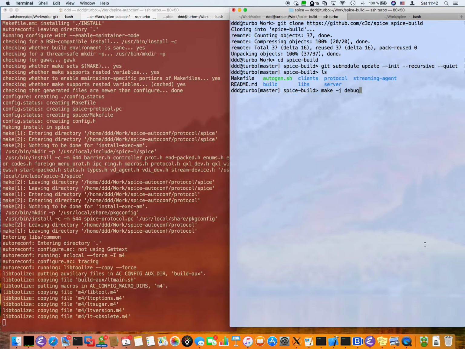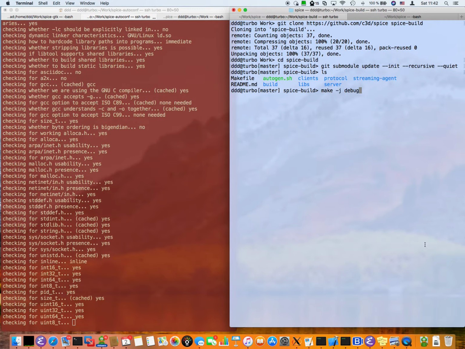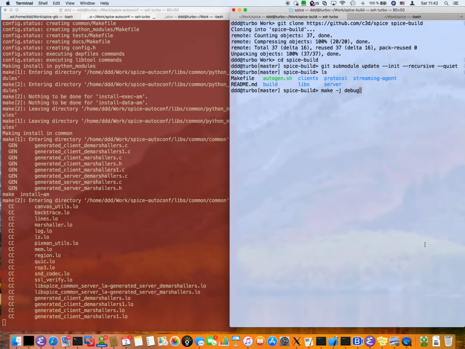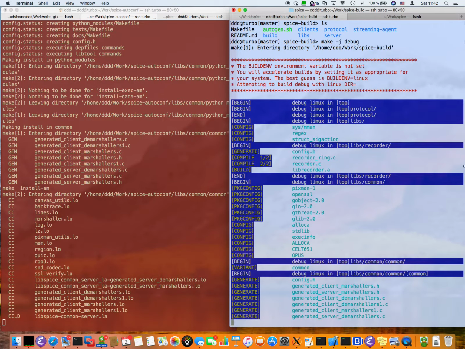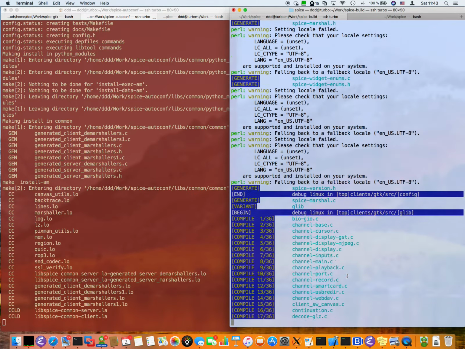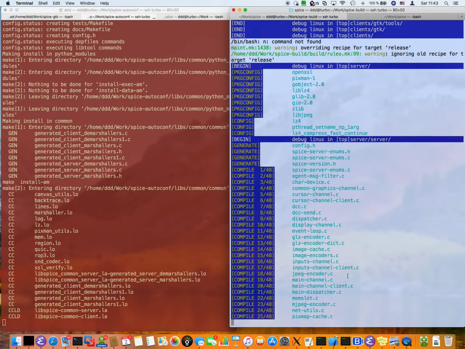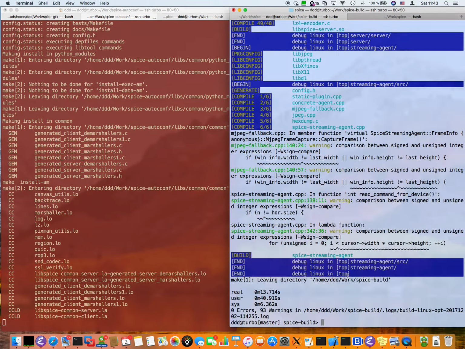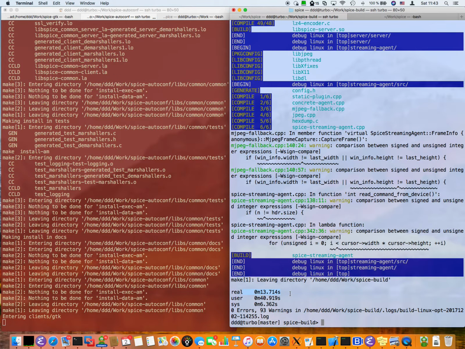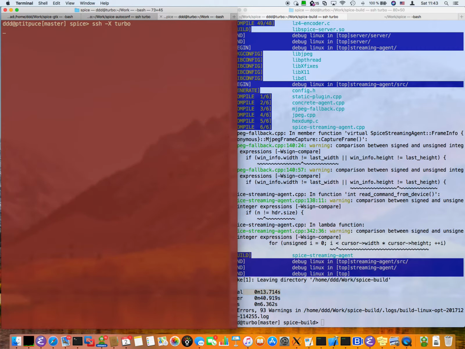And this is another approach that uses a project called build that does auto configuration using only makefiles. So I'm just typing make, and you see that the configuration happens as part of the build process, and it starts generating code right away. So one of the benefits of using the Makefile approach is that it's faster. So you see that I'm done here with my initial build in about 13 seconds. And while it's chugging here, I'm going to connect to the machine to verify that this did work.